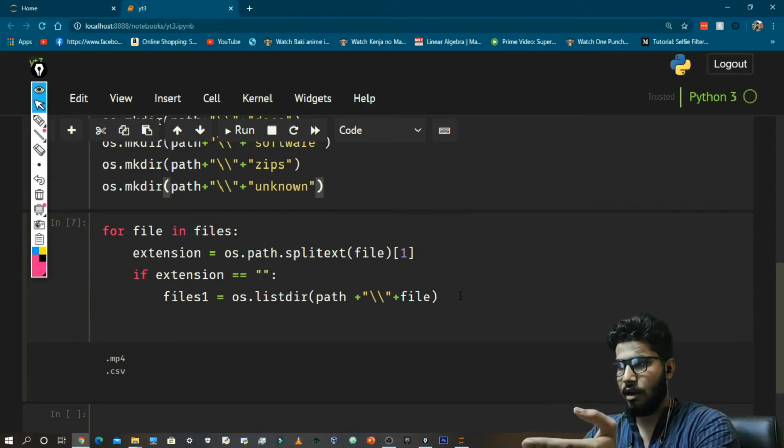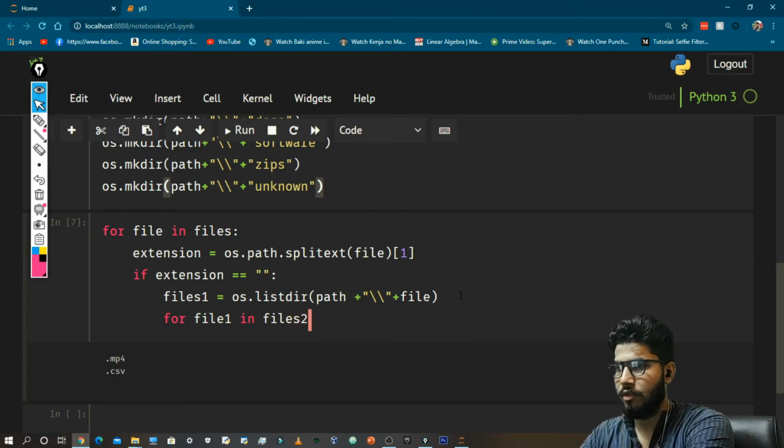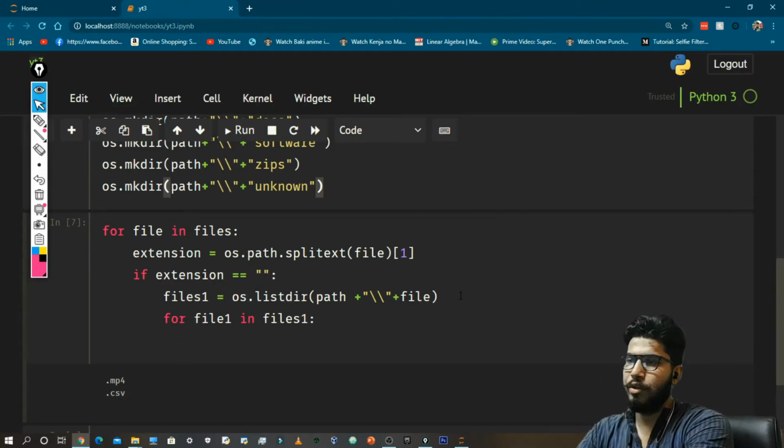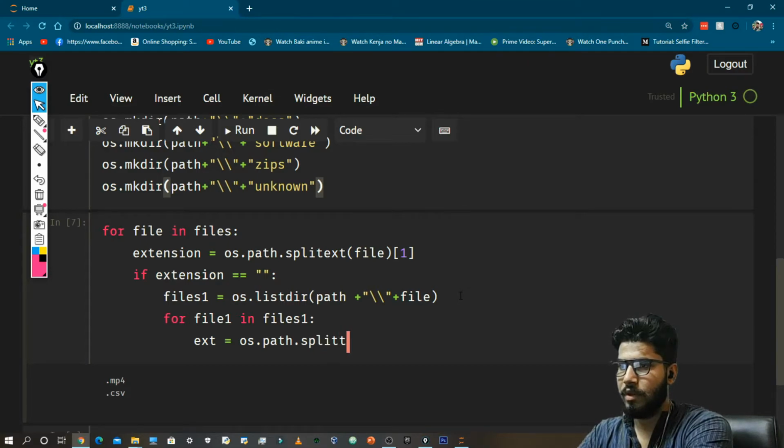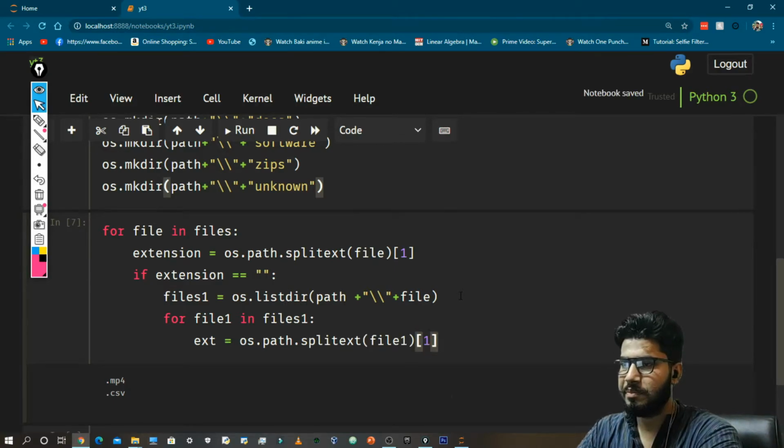So we are again going to use a for loop: for file1 in files1. And we are going to get the extension with os.path.splitext, and here I'm going to pass file1.